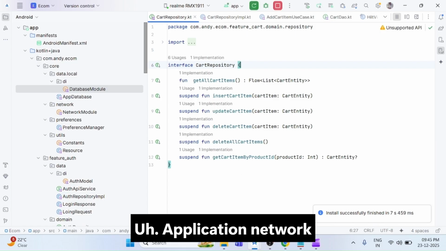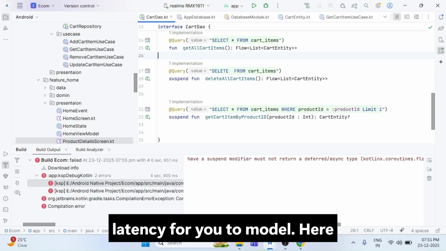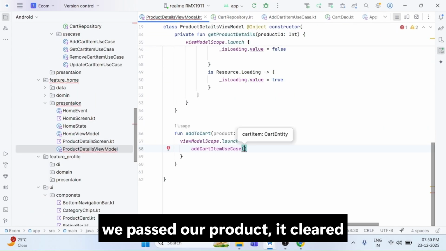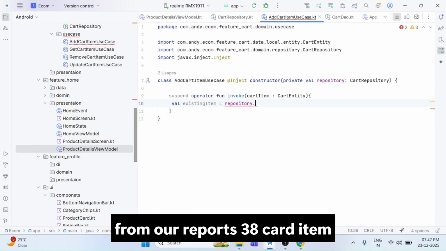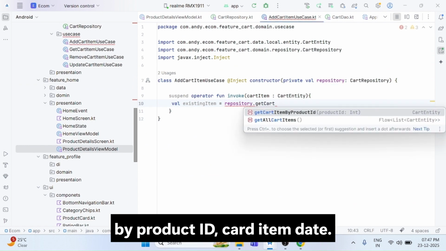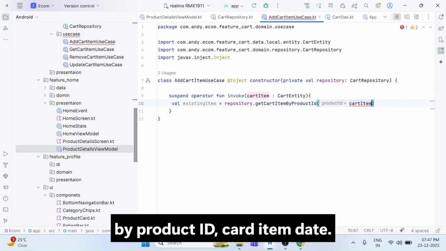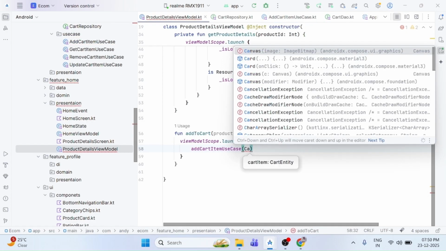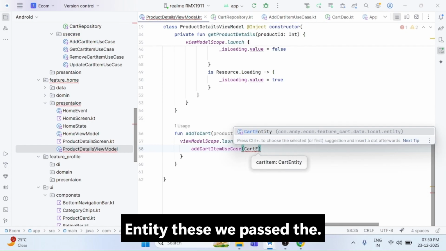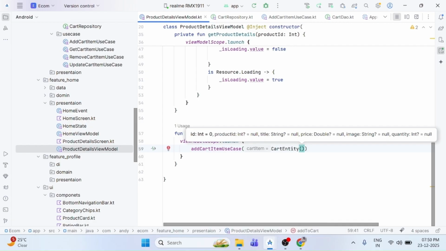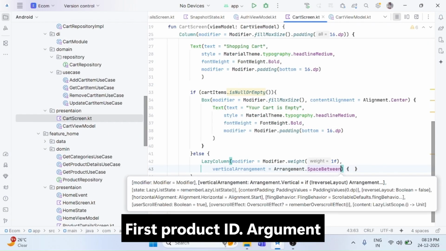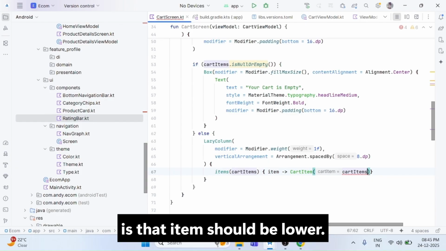So our application works. Let me show you. Model. Here we pass our product, get from the repository. Get cart item by product ID. Cart item that of product cart entity. This we pass the first product ID. Argument is cart item should be our